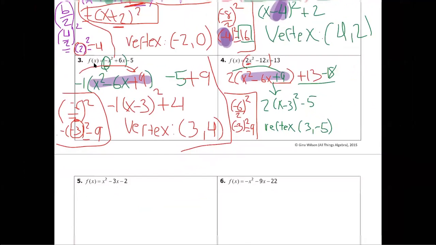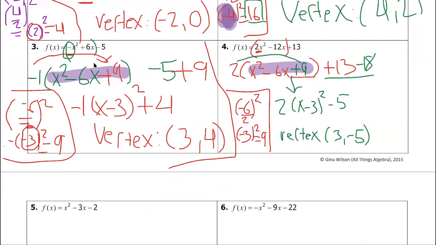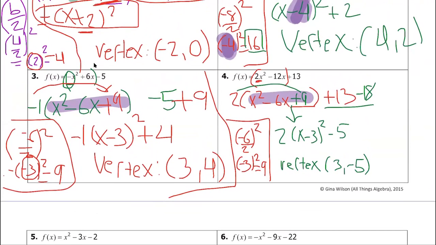So just to reiterate, all we're doing is completing the square. It lets us take something that's in standard form, like ax squared plus bx plus c, and turn it into vertex form, like a times parentheses x minus h squared plus k. So we're converting the forms. So what I'd like you guys to try